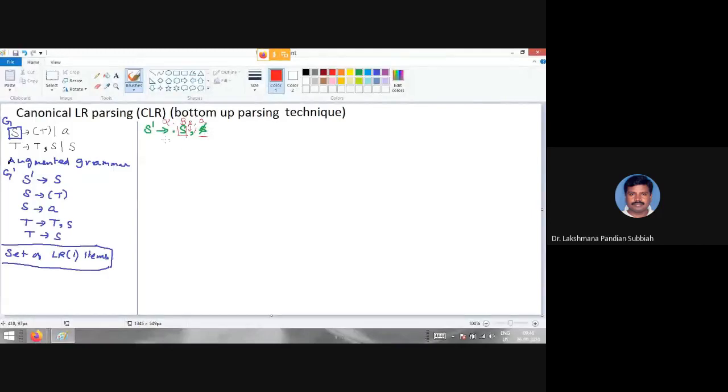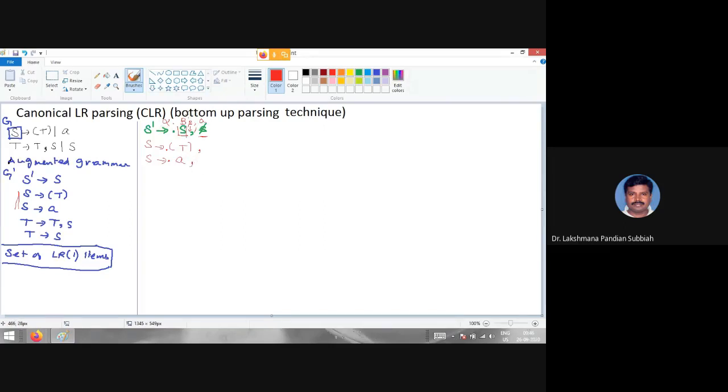Now here you have to derive from dot S. Because of the dot S, you have to write these two production rules: S derives open bracket T close bracket, then S derives a. You have to put dot in front of that as in the previous SLR. Now we are going to find out the lookahead. How do you find it?